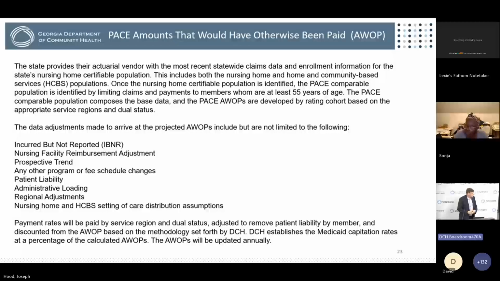Generally, we set actuarial rates for a CMO at the beginning of our state fiscal year. So it would most likely be in concert with that to the extent we can. But just to emphasize, these are draft, preliminary, and they'll have to be updated for all the things that happen between now and the time in which a provider actually enrolls.